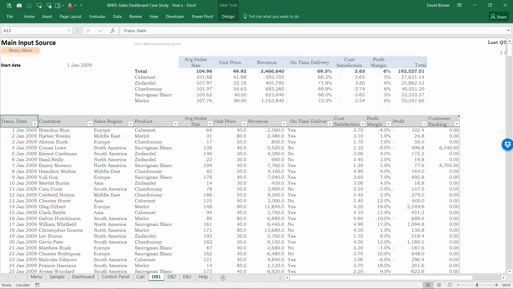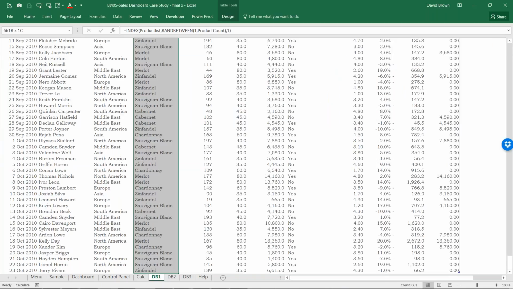Now, if you look at this data, the table must follow about 7 rules for you to be able to automate it for dashboards. So, for example, one rule is you must have only one row of headings. Another rule is your dates must be in a single column, like we see to the left. You should have no empty columns, you should have no empty rows, and every single data type must have its own column. So for example, if you see sales region here, I could see Europe, Middle East, North Africa. If I have states, I'll have to have states as another column, as in states or local governments or something as another column. All right, so this is the data.